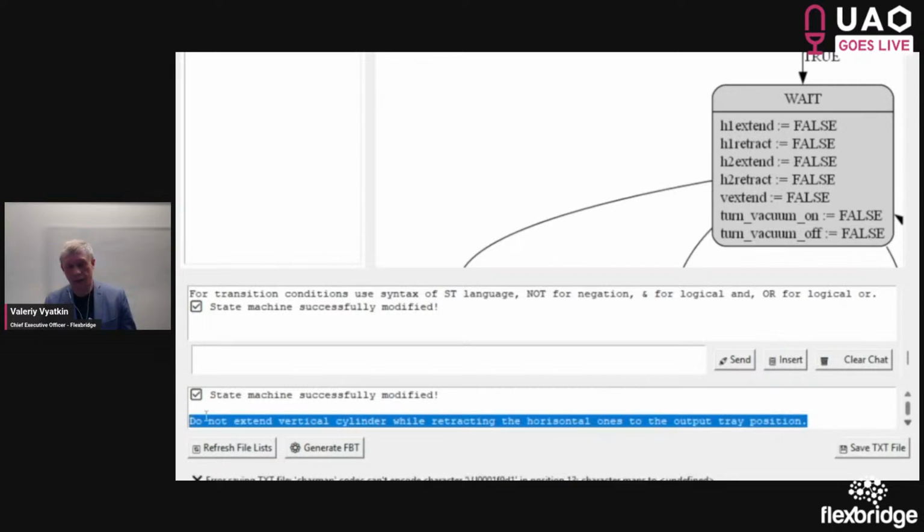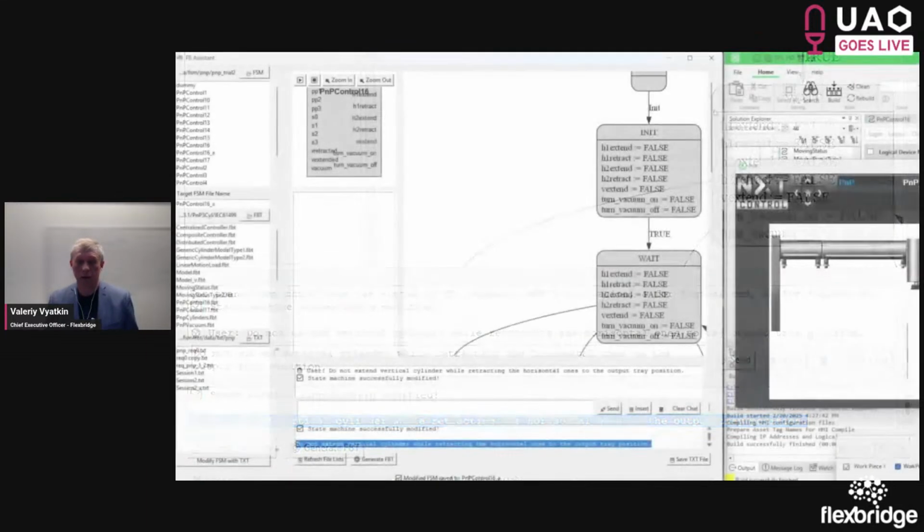Save, as you're already familiar, insert, and send. So what it has created is a version 16a.